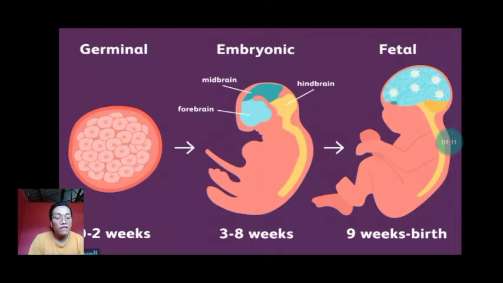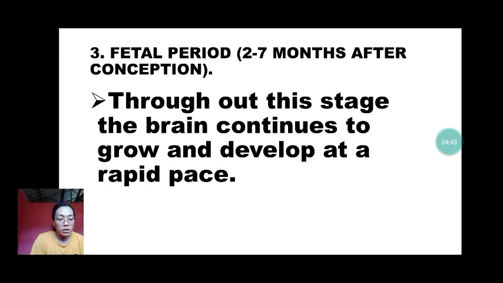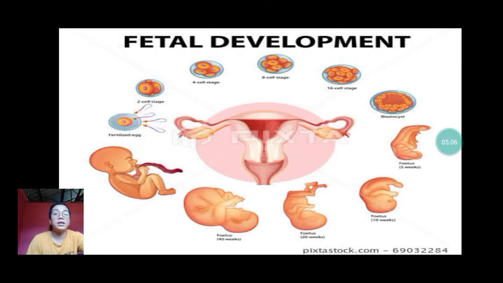And the last is the fetal period. The fetal period is a stage that lasts from 9 weeks until childbirth, usually between 38 and 40 weeks. Throughout this stage, the brain continues to grow and develop at a rapid pace. So, mao ni siya ang last stage sa development. Okay? So, the next is